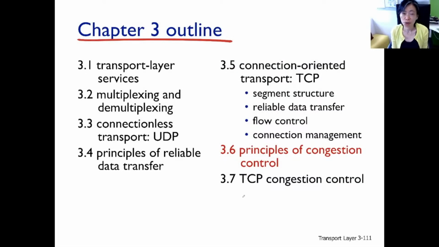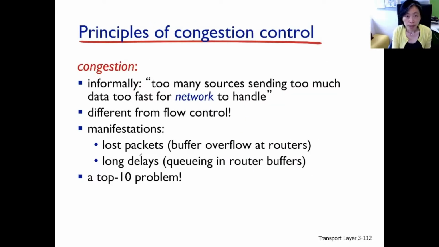Principles of congestion control. Now the section title sounds like we're going to talk about general mechanisms to do congestion control. But no, in 3.6, what we're going to talk about mainly is what's causing congestion to occur, and what is so bad about having these congestions. So hopefully from the discussion you see a little bit of the nature of congestion and the design elements of congestion control. Congestion is this thing: having too many sources sending too much data too fast into the network. And by network here, I actually mean the core of the internet.